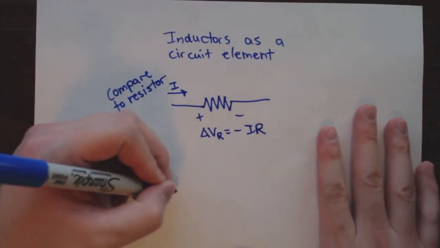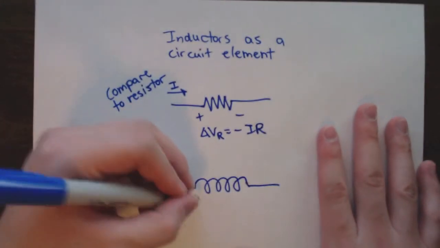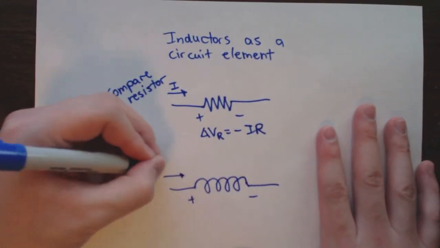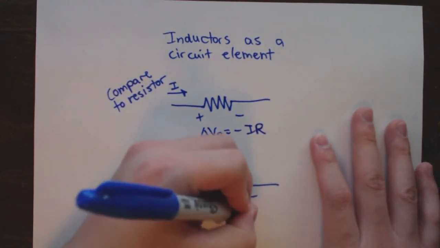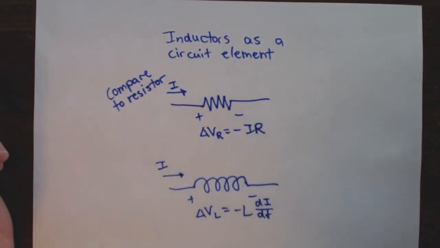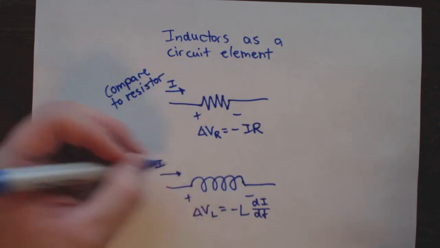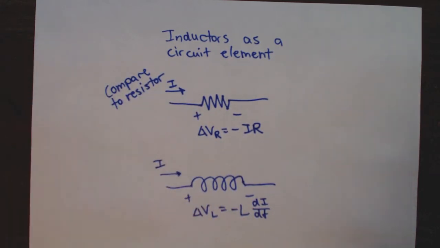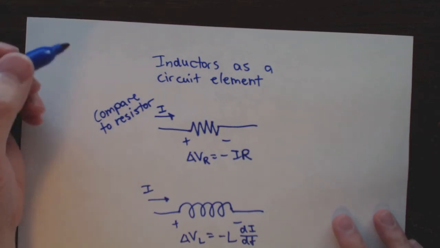Okay, so if you compare it to a resistor, if you follow the current, resistors are a potential drop, right? So that's why your change in V, as you go from left to right across your resistor as the current goes to the right, is a negative I times R. It's the same thing with inductors. Your potential across that inductor is a drop from left to right as long as you're following the